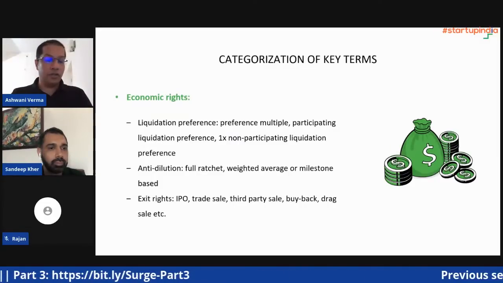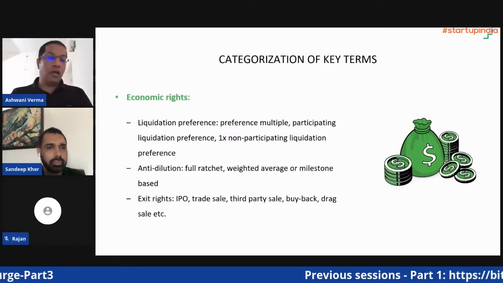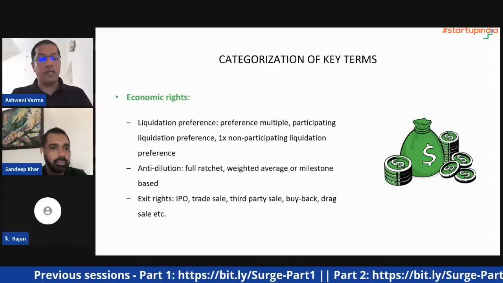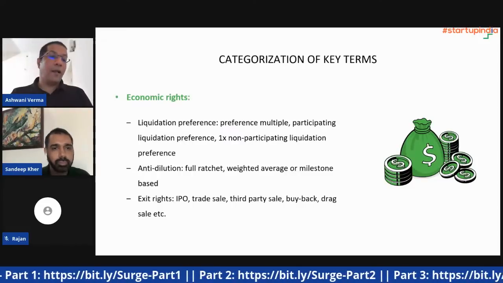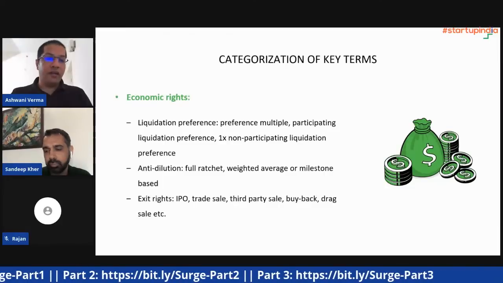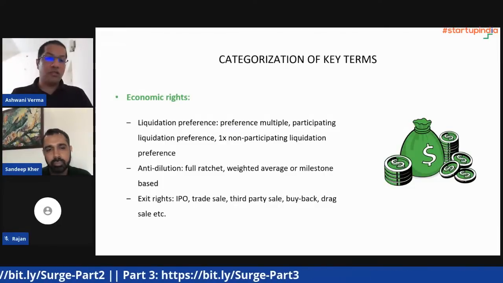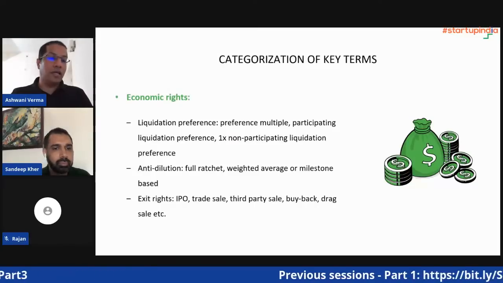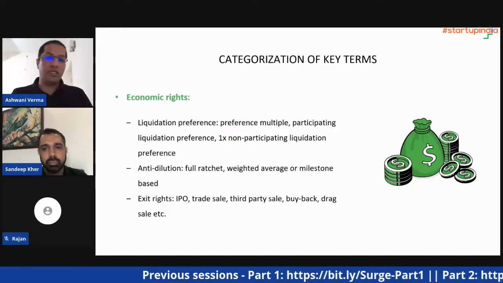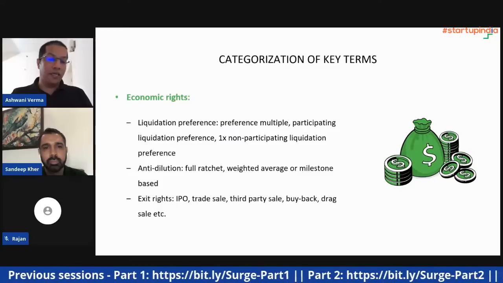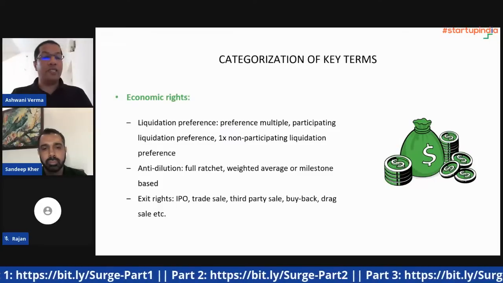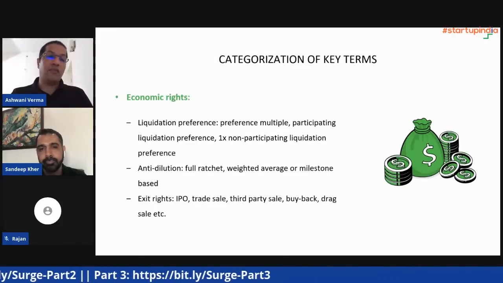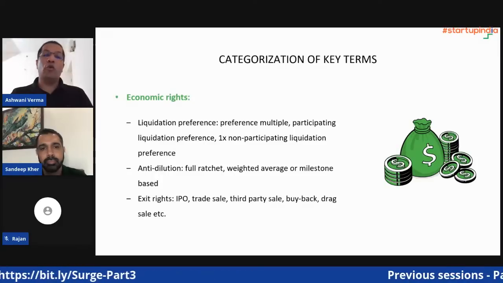The third economic right which we would like to discuss today is exit rights. As you may all be aware, most of the funds which invest, or most of the institutional investors who invest in companies, invest through fund structures, and all the funds have a limited life cycle, and the fund managers are obligated to return the funds to the limited partners after expiry of a certain time period. That's why don't be surprised if